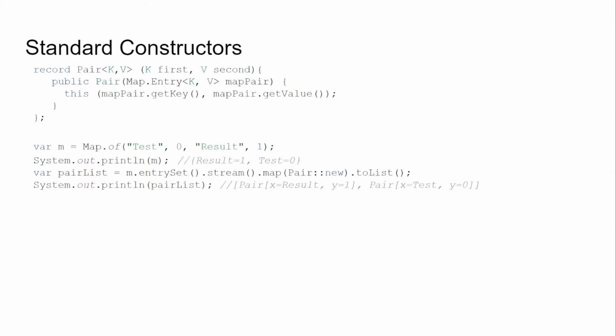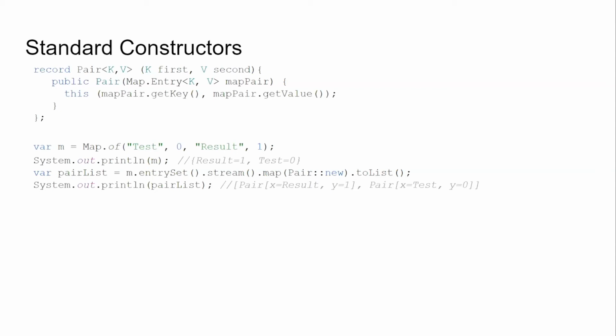Records can still have traditional constructors. They must be set to the record fields or delegate to a constructor, which is the same as the case with any other final fields in traditional classes. In this example, we've created a constructor that doesn't consume two parameters like the canonical constructor would, but instead it